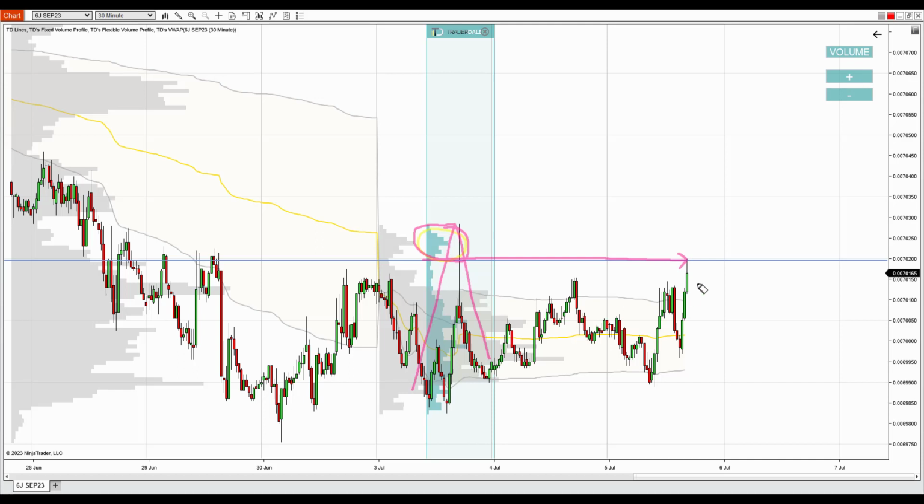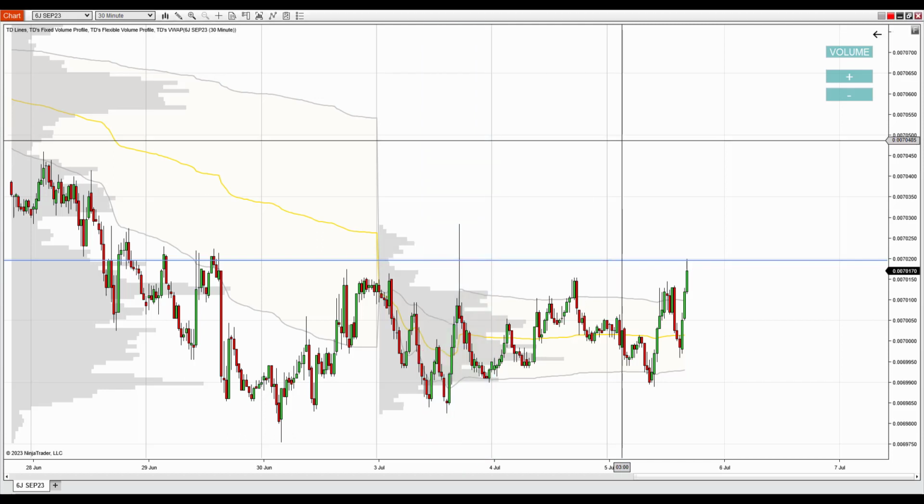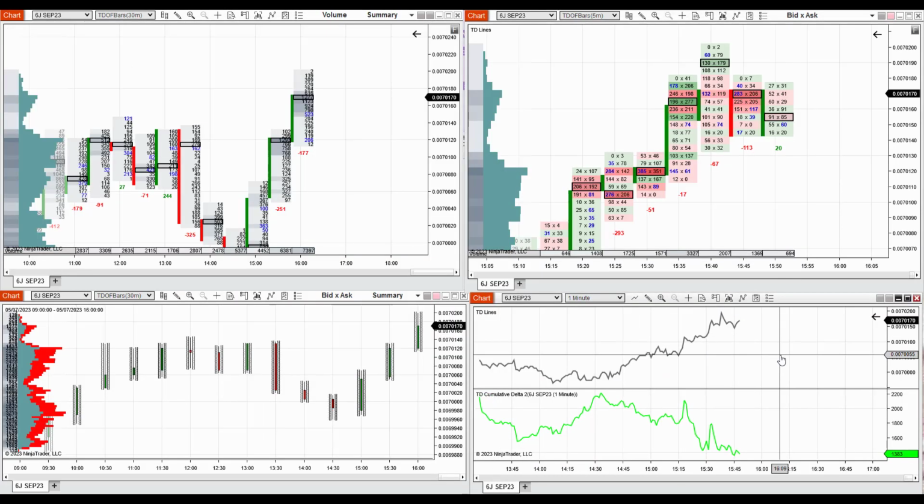So the idea is that sellers who rejected the price in here within this rejection will become active again. We see those guys in here. This is the significant volume cluster, right? So they are supposed to become active again and push the price downwards from here again. So let me switch back to the order flow chart, and let me show you what I really like